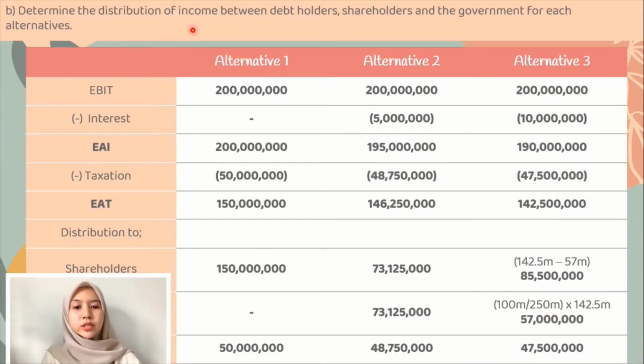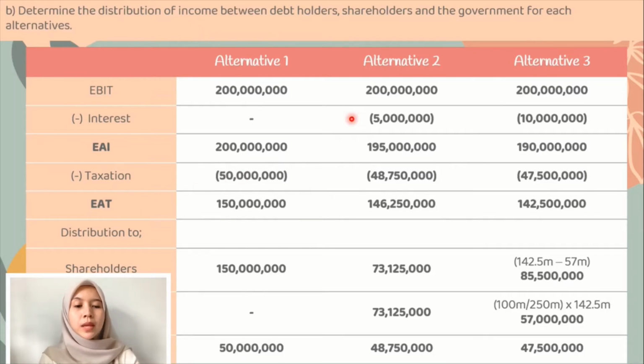B. Determine the distribution of income between debt holders, shareholders, and the government for each alternative. For alternative 1, EBIT 200 million ringgit minus interest, but there will be no interest since there is no debt, so the EAT will be 200 million ringgit minus taxation 50 million ringgit, which is 0.25 times 200 million ringgit, so the EAT will be 150 million ringgit. It will be distributed to only shareholders, 150 million ringgit, and